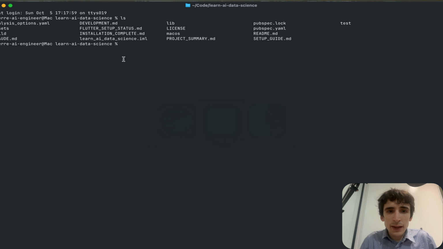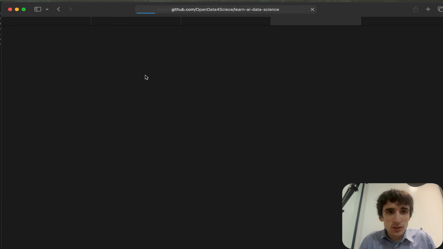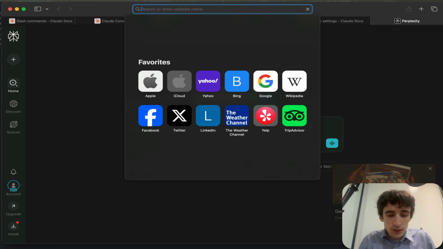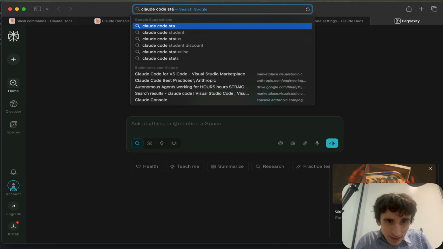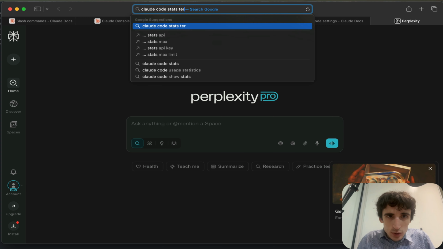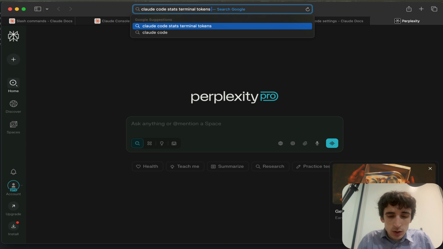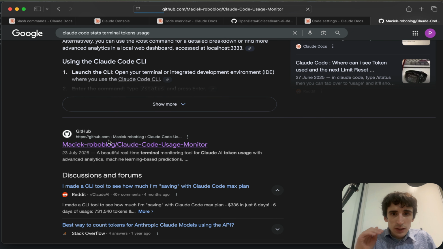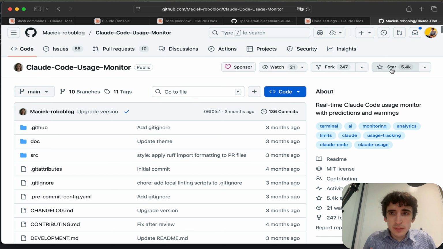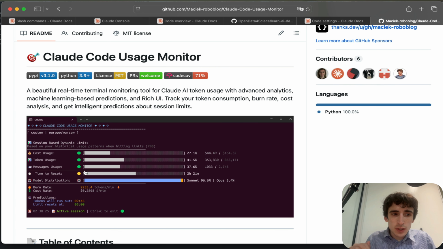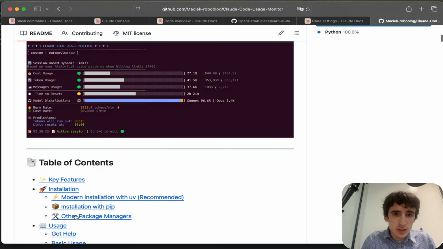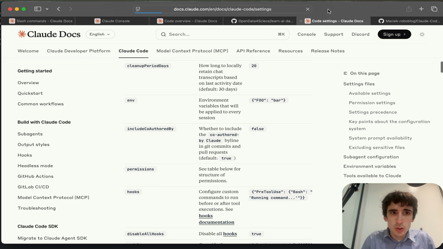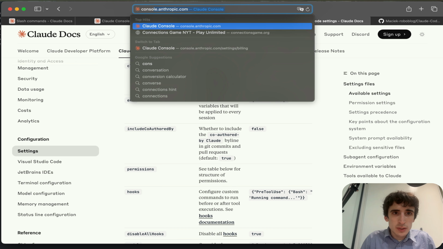You also have an extension I suggest you to install. It's an open source extension, Claude Code Stats, Terminal, Tokens, Usage, and thanks to it, you can see how much usage you have used already, and you can track better the balance. So it helps you. It's just an indicator. You can always log in to your Claude console, Claude dashboard,